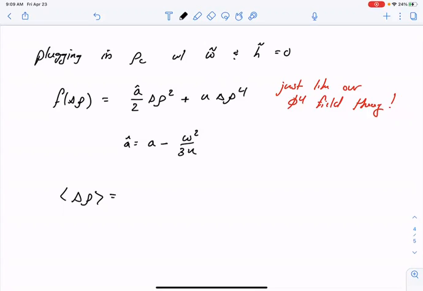If you go back up to the top of this lecture, you'll see that this is 0 if A hat is greater than 0, and it is plus or minus square root of minus A hat over U if A hat is less than 0,